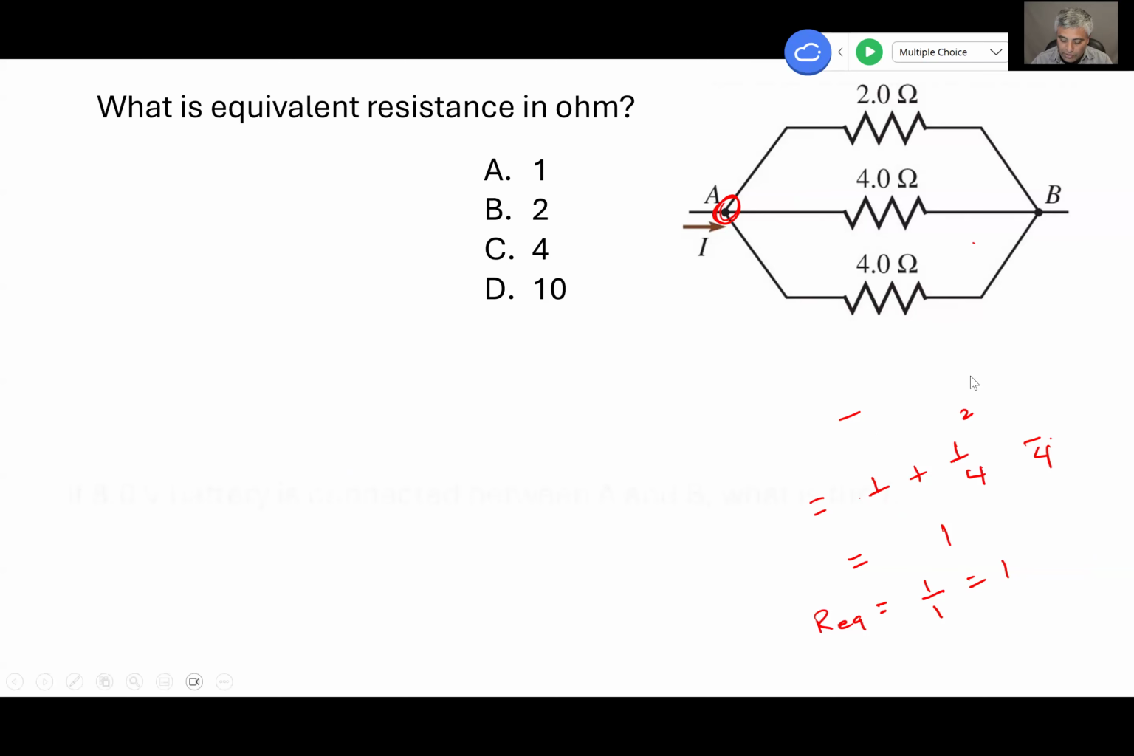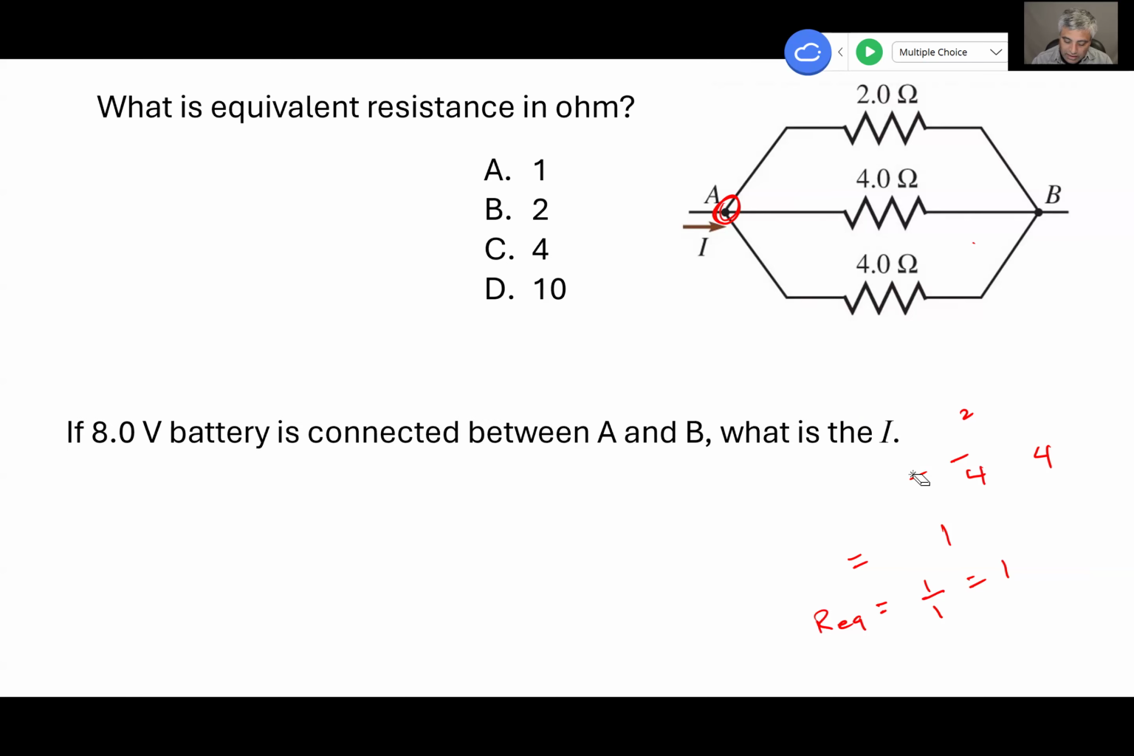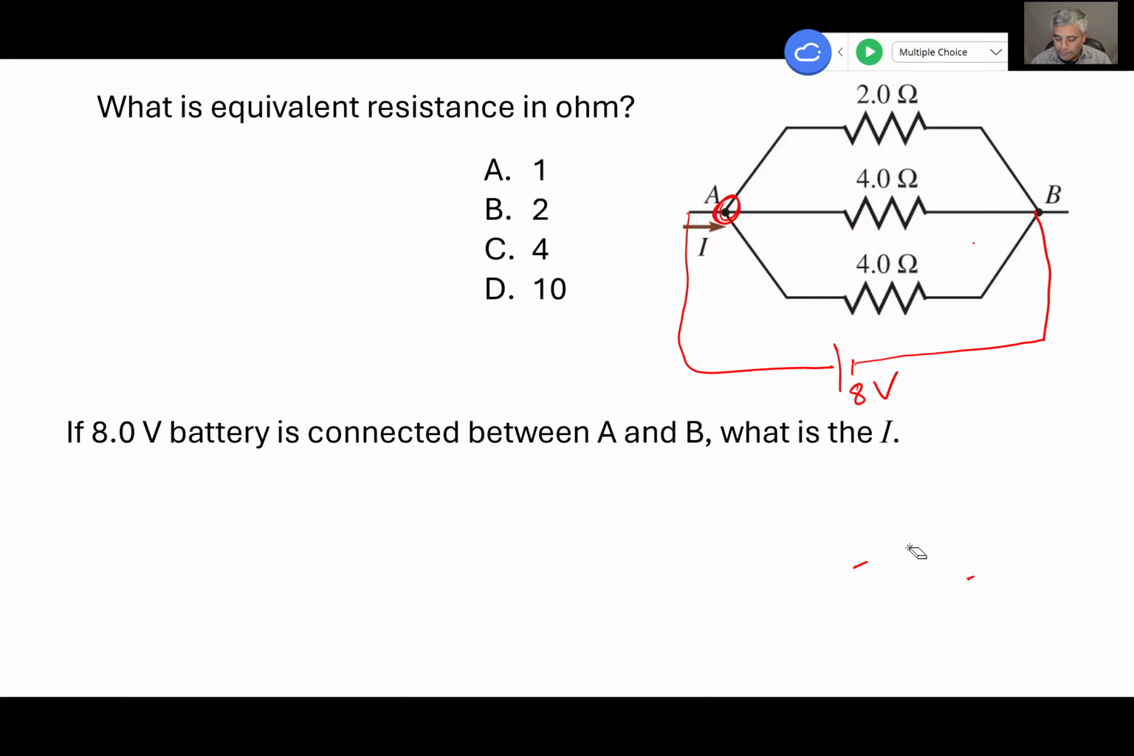So now I have a second portion here that says, if we connect an 8-volt battery, just like I was saying, at A and B, let's say 8-volt, what is the current? So from the previous exercise, we learned that the equivalent is just 1 ohm. And now we have that 8-volt battery. So that means delta V is this and R is that. So the current is going to be,